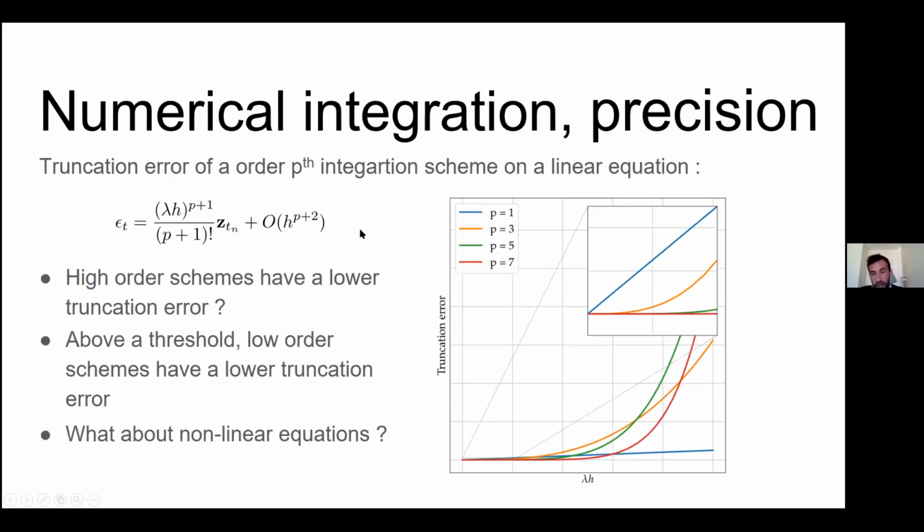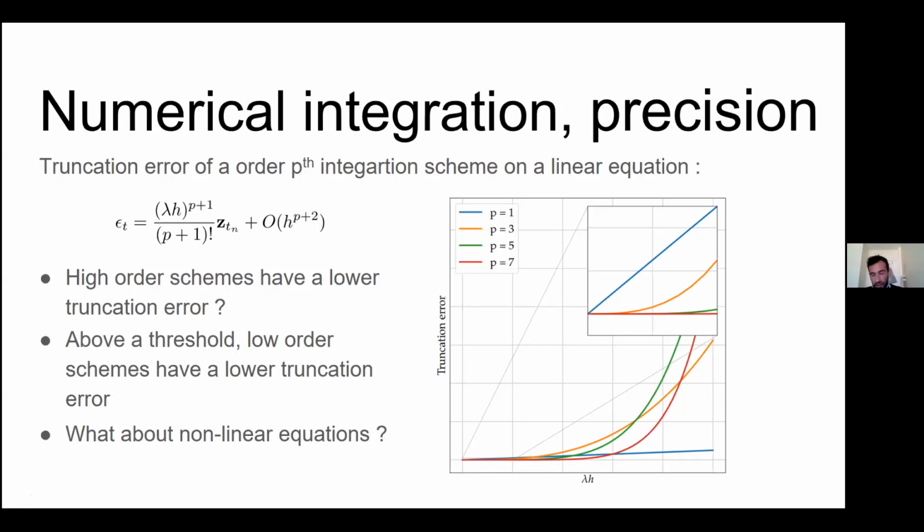So here it's assuming that the differential equation is linear. It's extremely important. So we can actually discuss this truncation error as a function of the order of the integration scheme, and the conclusions are not as easy to make as we want them to be, right? Because, for example, for values of lambda h, so the time scale, and similarly